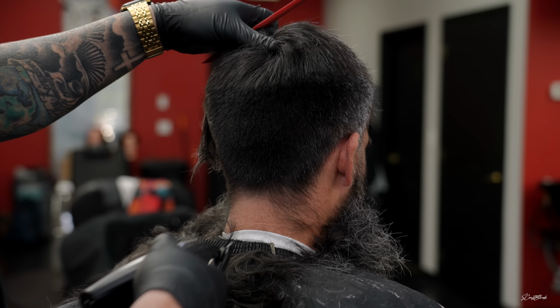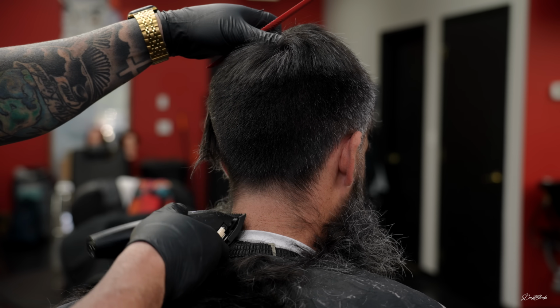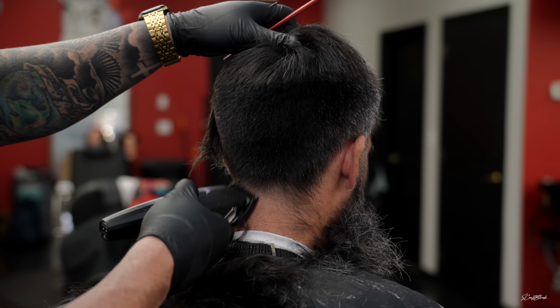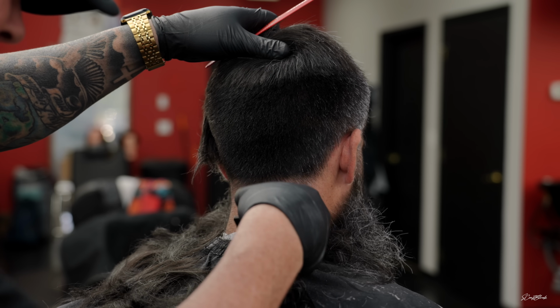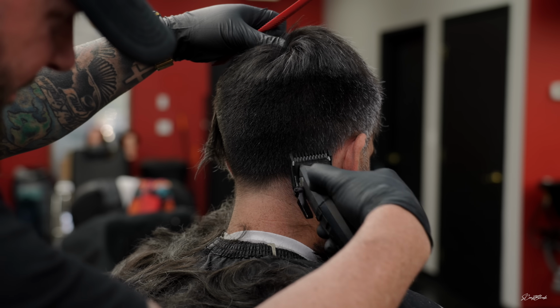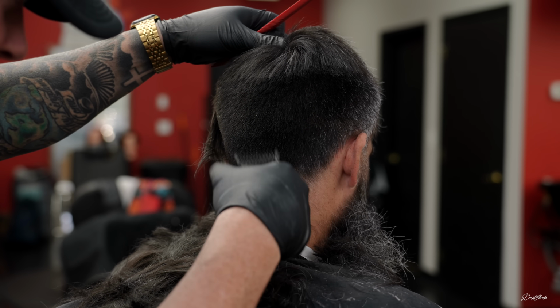All right, so I did want to do a nice low taper on this. We don't want to take it too short or too high. We want to keep it nice and low just to clean the back up just a little bit. So I'm going in with my number 1 open, and then I'll drop a little bit lower, closing the number 1. Once I close the number 1, then I'll go ahead and take the guard off,